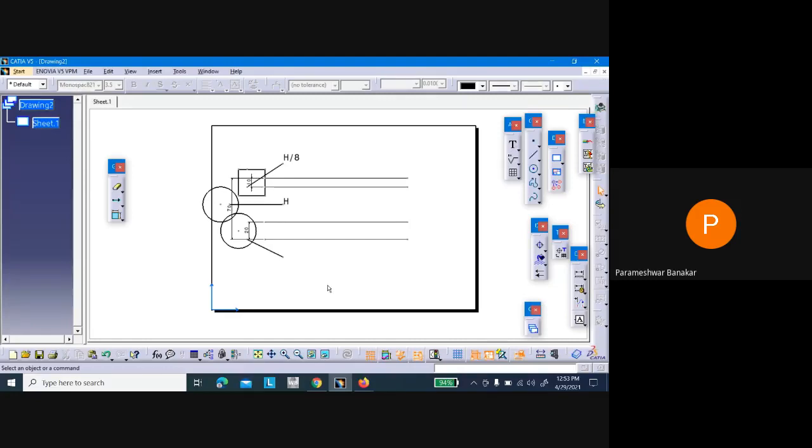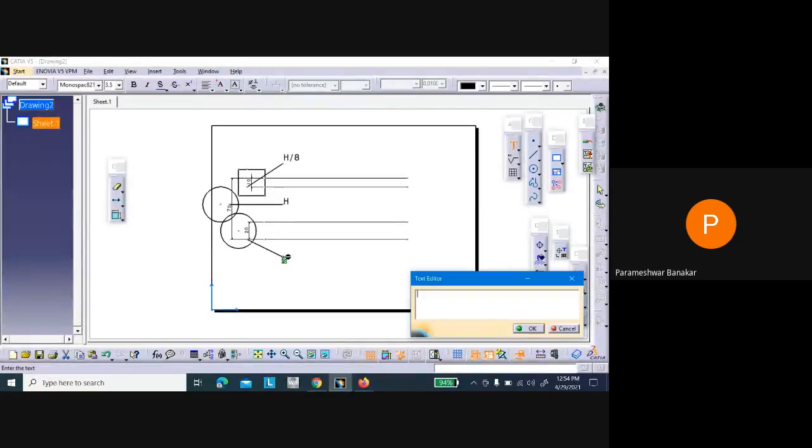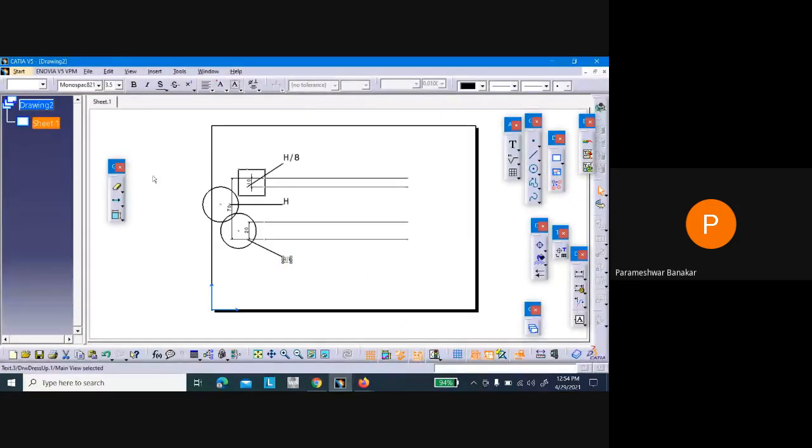Initially only you will get to know the idea of the formulas. So for this there is a formula, this is called h by 6. Yes, h by 6.